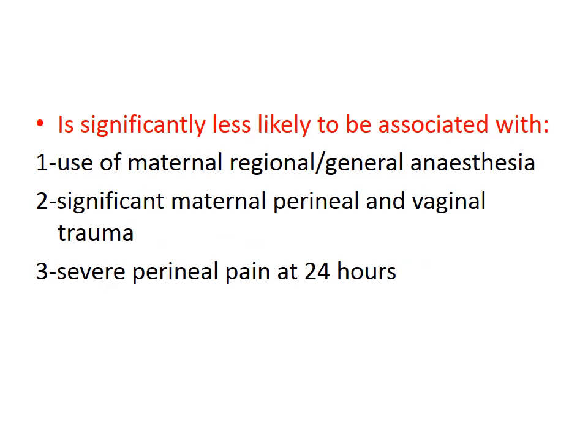However, it is significantly less likely to be associated with the use of maternal regional and or general anesthesia, less likely to be associated with significant maternal perineal and vaginal trauma, and less likely to be associated with severe perineal pain at 24 hours,